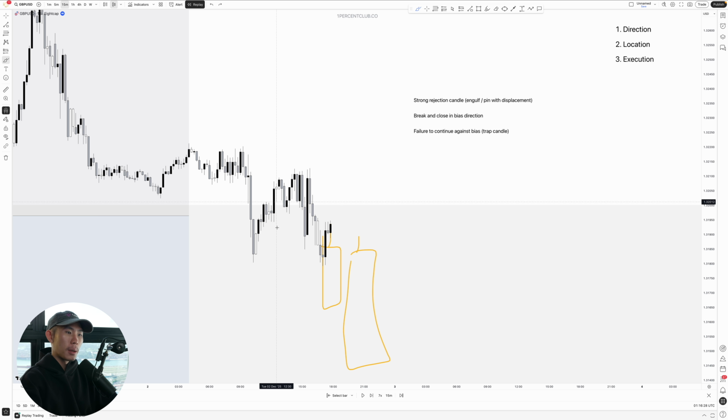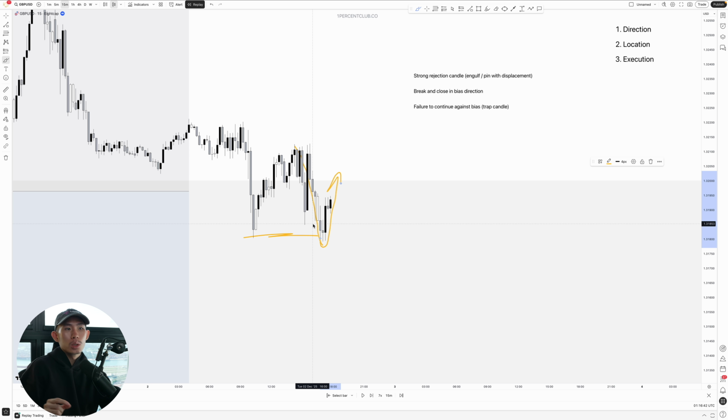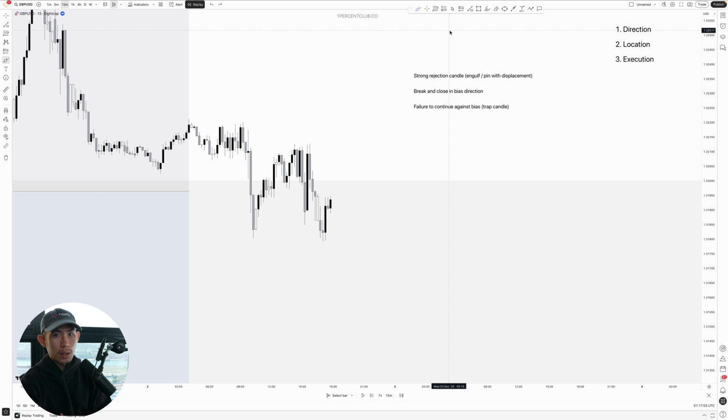What we do have is price came down, retesting this level over here on the left hand side, but then there were insufficient sell orders. There are not enough sellers in the market, and that caused price to just start reversing. So that to me is a failure to continue against the buyers. And that's pretty much all the confluences that I need, right? So I pretty much got these three confirmations right here. Once again, all based on pure price action, no indicators, no complicated jargon whatsoever, just clean price action. And this allows me to know, okay, this is the right time to enter. This is my entry signal when I got all of these criteria checked off in my trade plan itself.